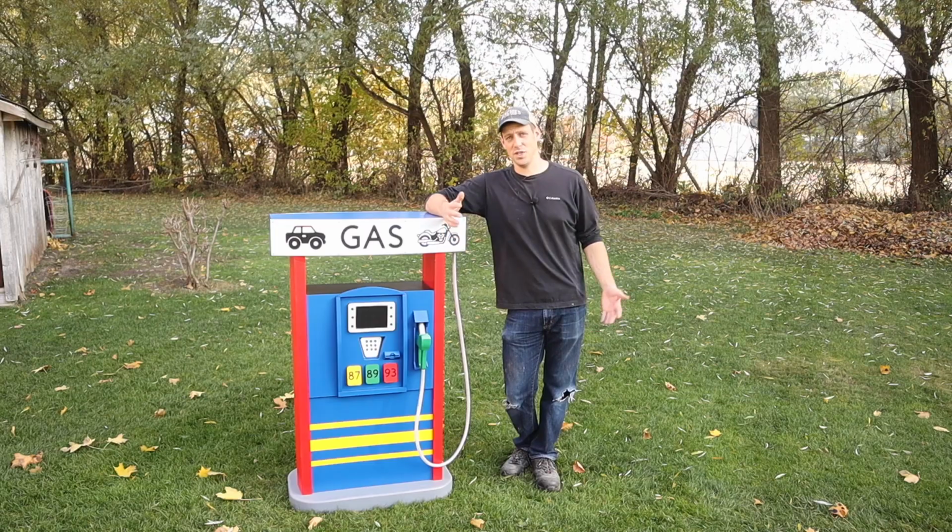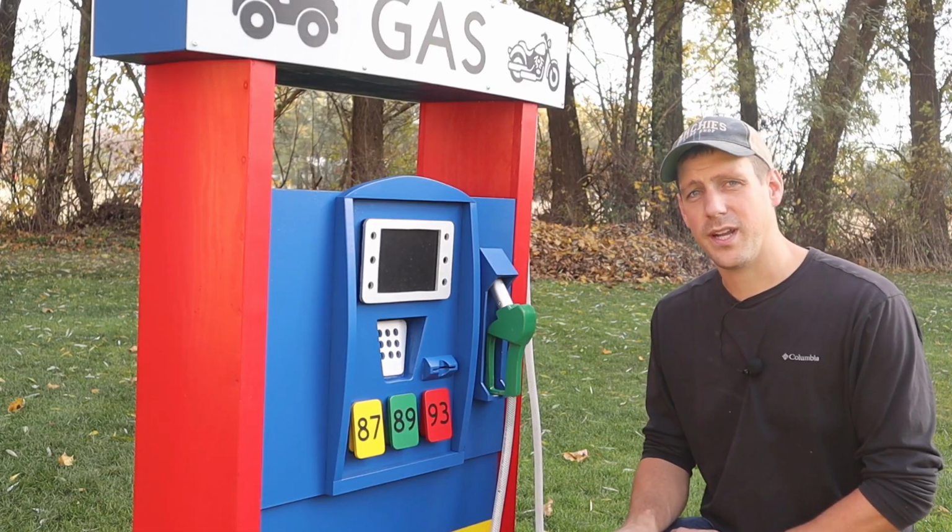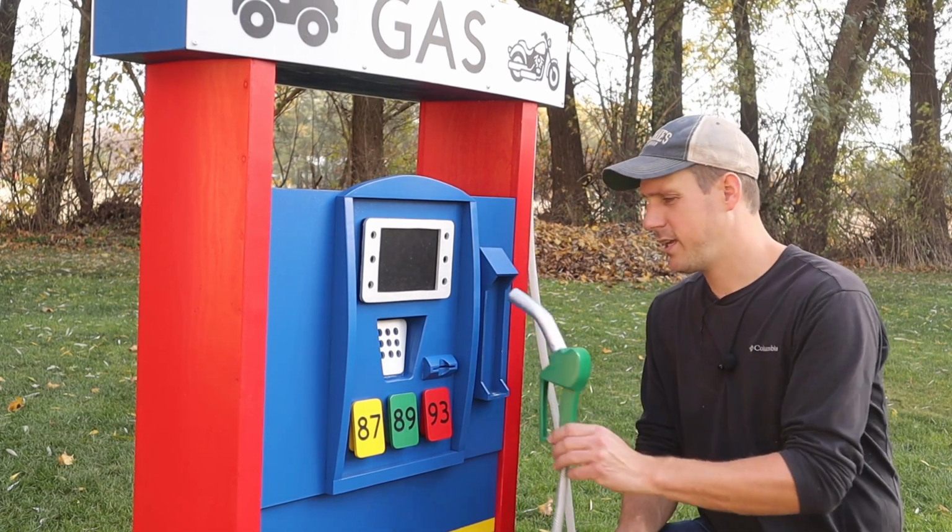So as it turns out, I just happen to have two of the world's cutest kids that are hard to say no to. So when they ask you to build them a gas pump for their electric John Deere Gator, you do it. So this thing is pretty cool and it has some neat features to it, like a nozzle